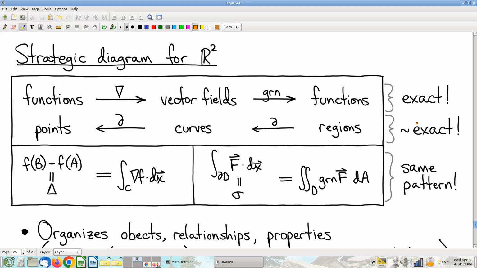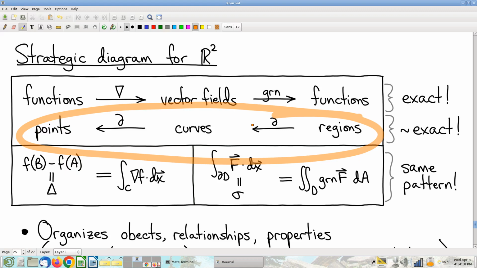Okay. Now I'm going to make the innocent observation that something morally equivalent is basically true when you're talking about regions, curves, points, how they're connected by boundaries. And I don't know if you've ever thought about this before. And by the way, I should put in a disclaimer. There is an asterisk on this. There's a couple of little sloppinesses in how I'm going to say this that technically ought to get cleaned up. I'm not going to worry about that in this class. It's not what this class is about. It doesn't affect us. It's all formalities that can all be taken care of. There's no actual problem here. Now, that said,